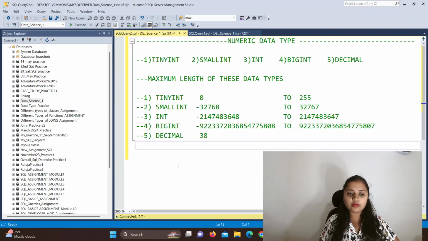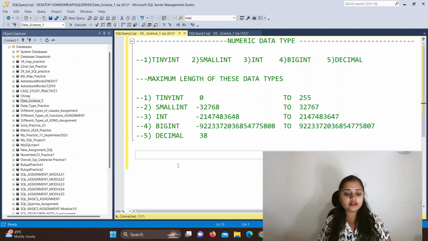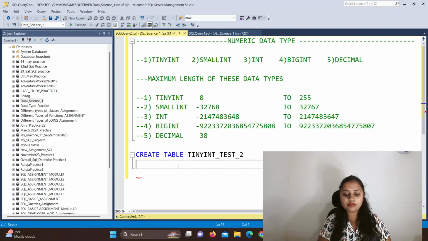Okay guys, so now for your better understanding we will create a table. We are going to understand how the tiny int numeric data type works. So create table. I will create the table named tiny int underscore test underscore 2. Okay, this is my table name.